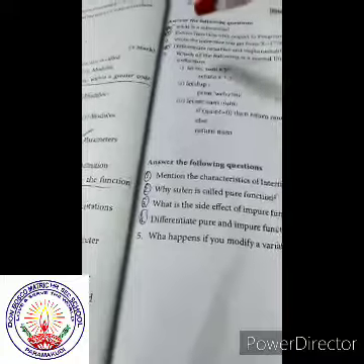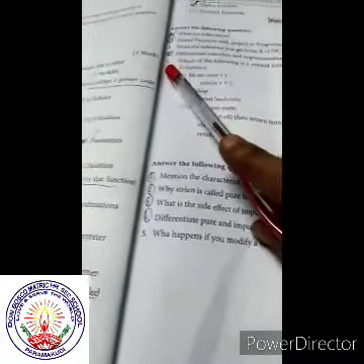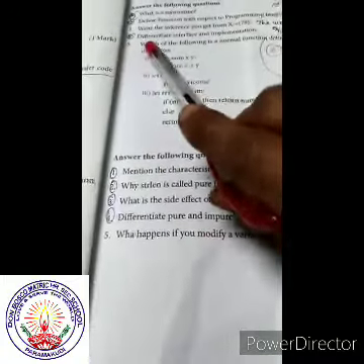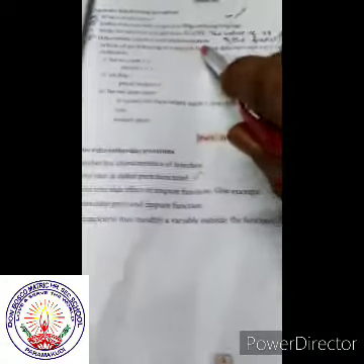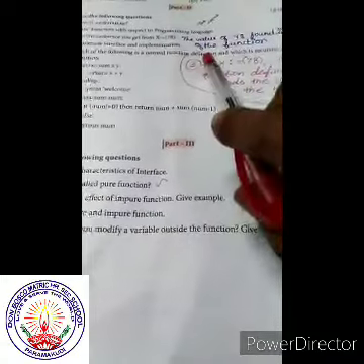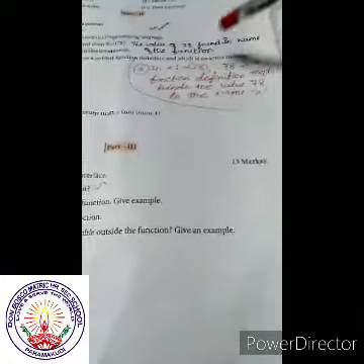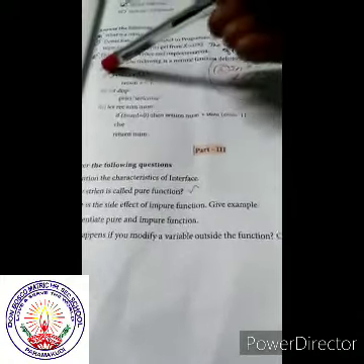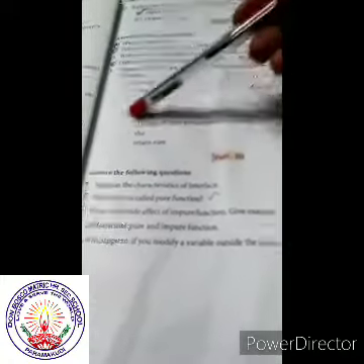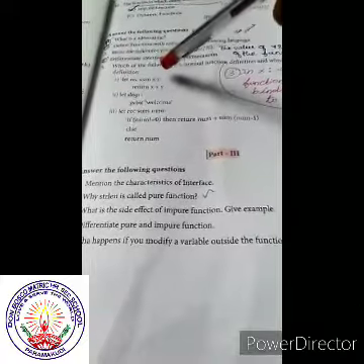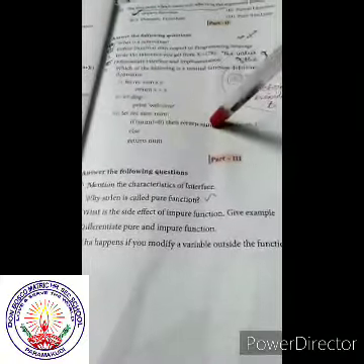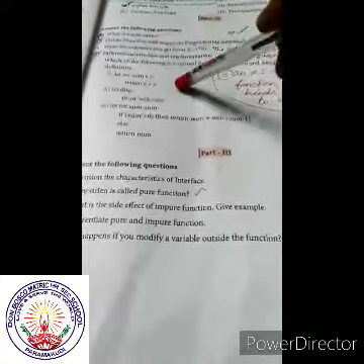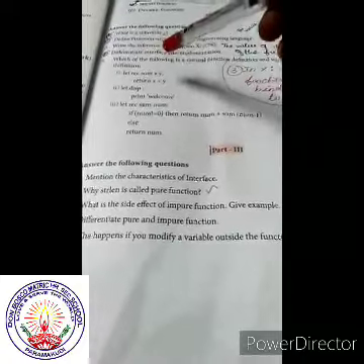Another problem is given, question number 5. Which of the following is a normal function definition and which is a recursive function definition? Given three statements, you have to find which statement is a normal function definition and which is a recursive function definition.